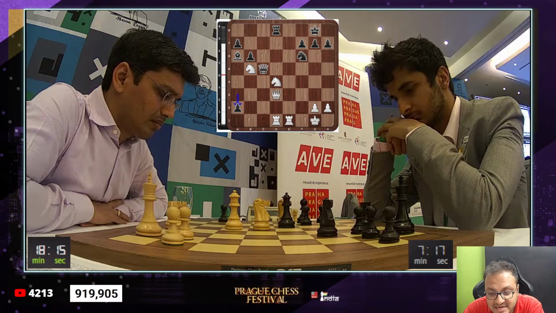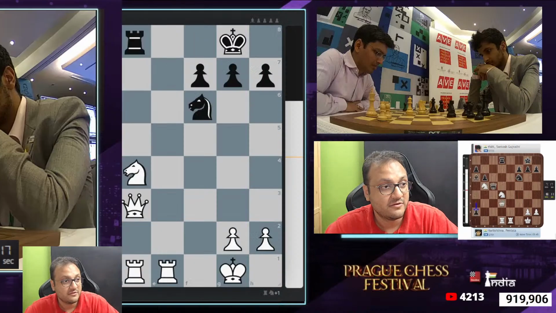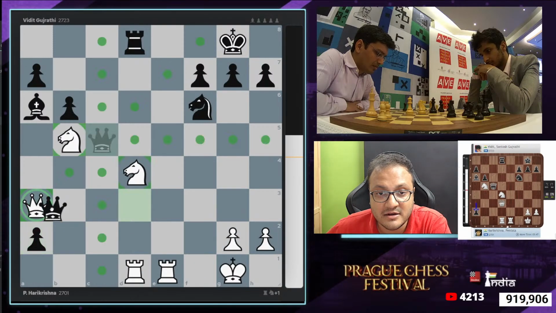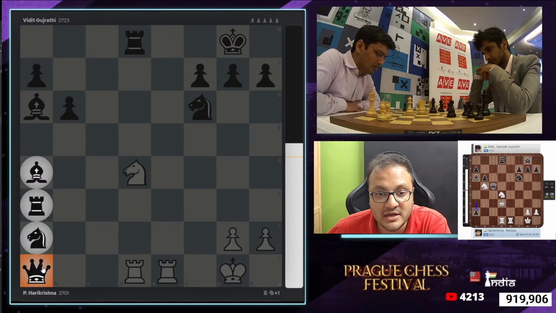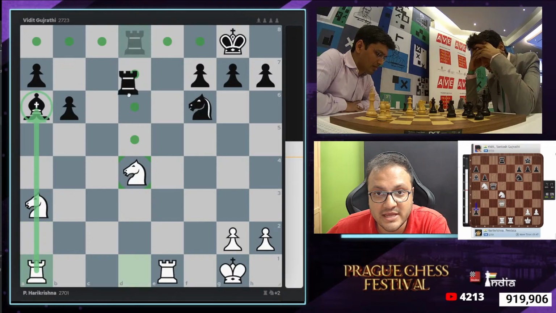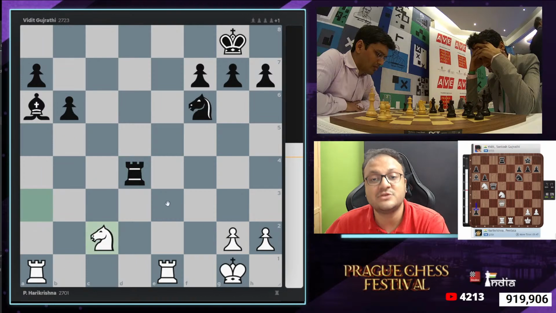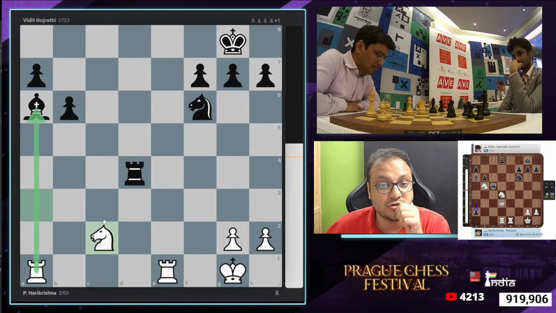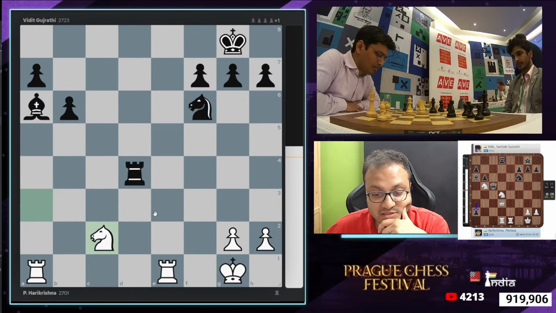Ayam Saxena says knight c2 after queen a3 variation. Oh, Ayam, you're going even deeper there, huh? Very interesting. So Ayam is saying queen a3, take, queen, rook takes, and why not knight c2? Nice. So that you attack the bishop and also the rook. The only problem is that there is one move here that saves black again, and that move is